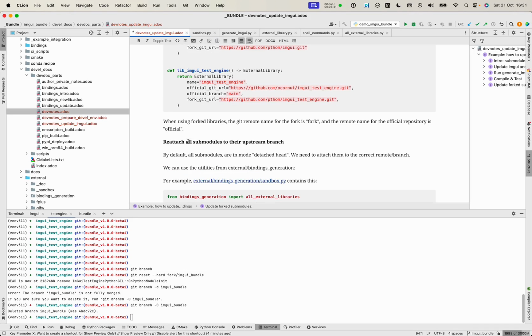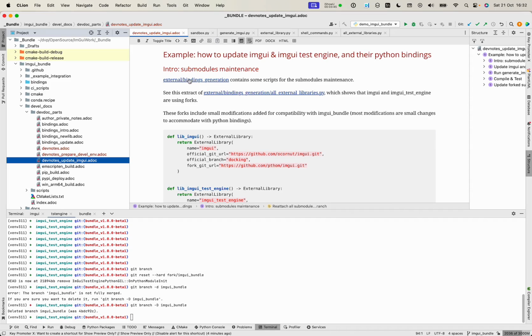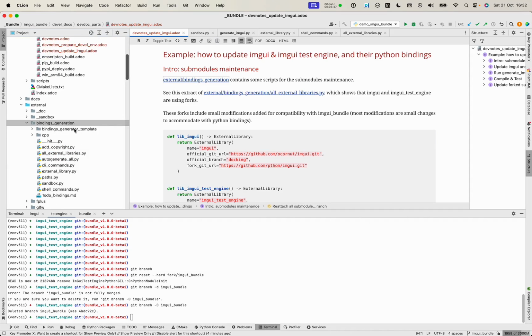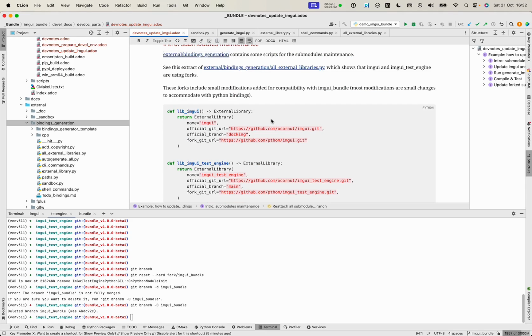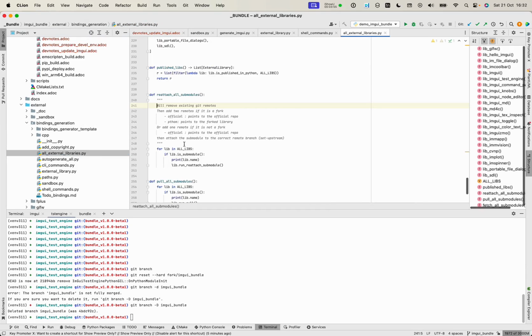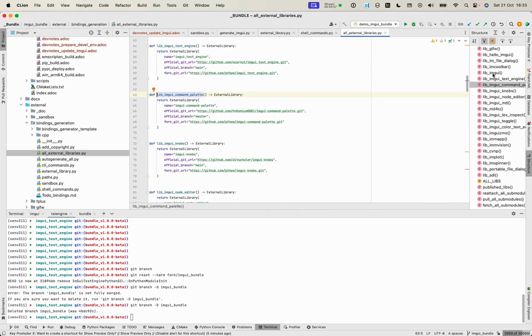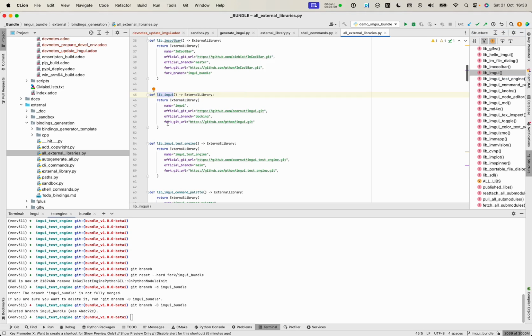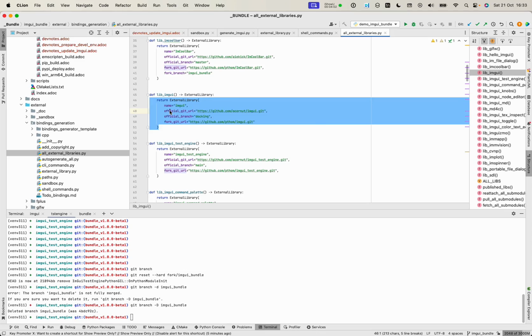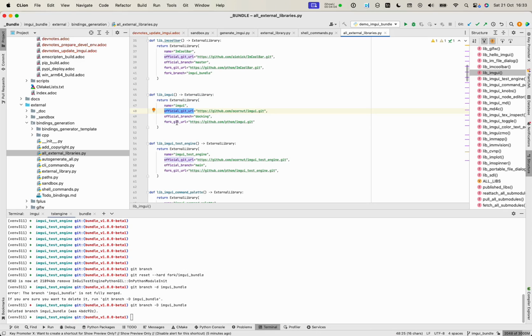First, let's see how to reattach all the submodules to their upstream branch. The subfolder external bindings generation contains some scripts for the submodule maintenance. For example, all external libraries contains settings for ImGui, namely what is the official Git URL and the fork. Also, on the official Git URL, we are using the docking branch, and by default,